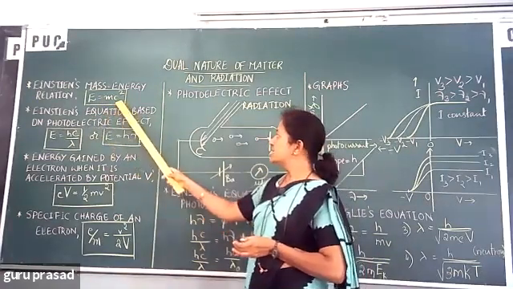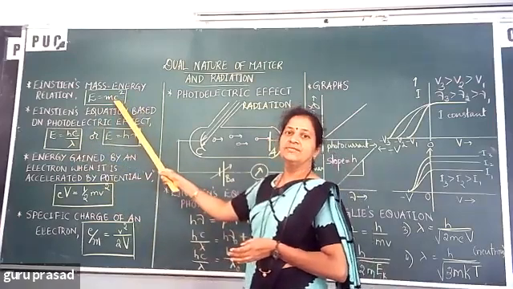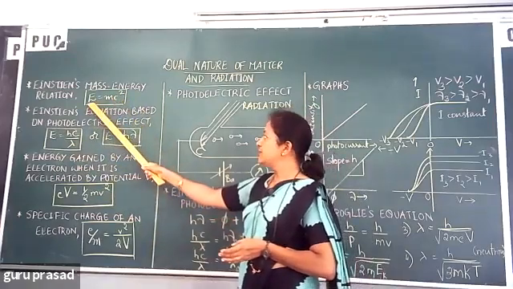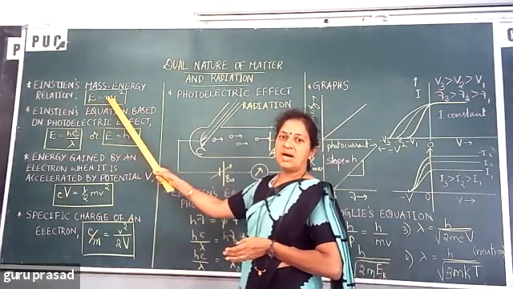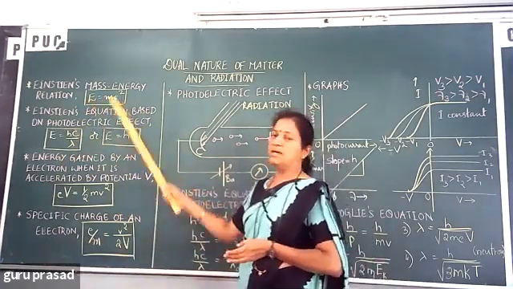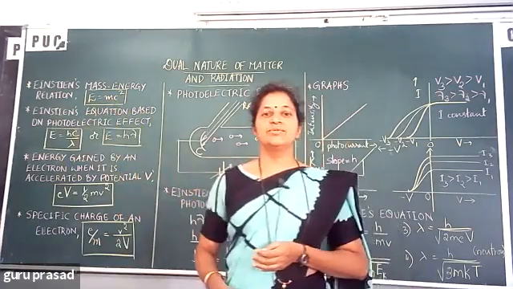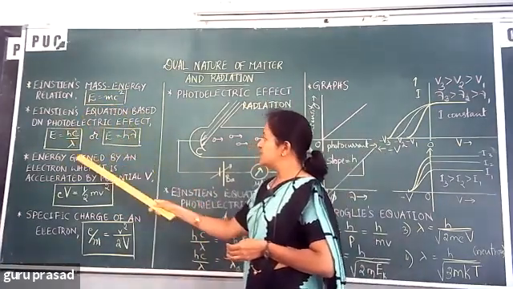Okay, so here c represents the speed of light in free space. So E is the energy and m is the mass. So for a mass m, the energy that is going to be released is related by the equation E is equal to mc square. Okay, then we have Einstein's photoelectric